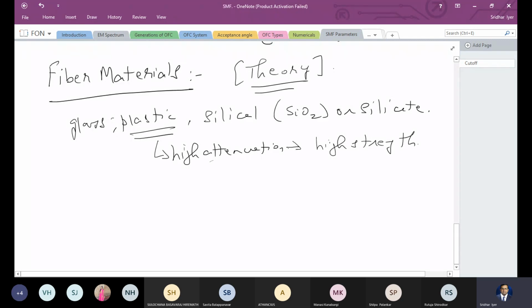So there are different details of these different fibers which we can talk about, and like I said, much of it is theory, so I'll only give you the most important points here, and the rest of it is there in the notes and also in the book, right? So when we talk about the glass fiber, I'm only giving you the important points here because I want to solve more numericals, because that is where the trouble lies for the students, right?